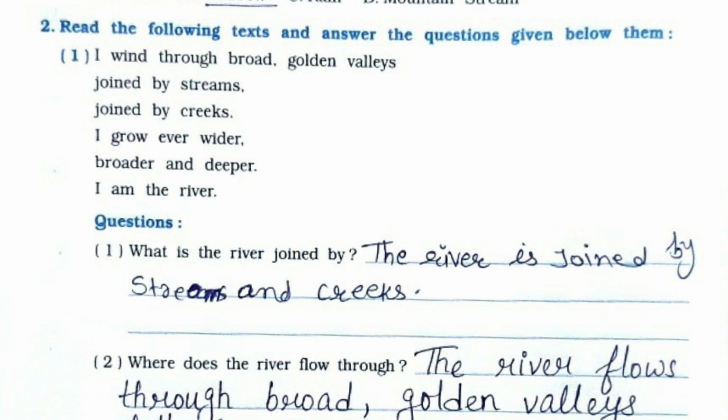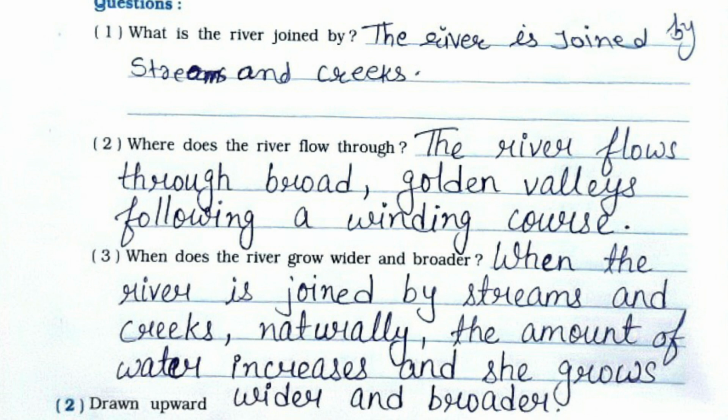First one, what is the river joined by? The river is joined by streams and creeks. Second, where does the river flow through? The river flows through broad golden valleys following a winding course. Third, when does the river grow wider and broader? When the river is joined by streams and creeks, naturally the amount of water increases and she grows wider and